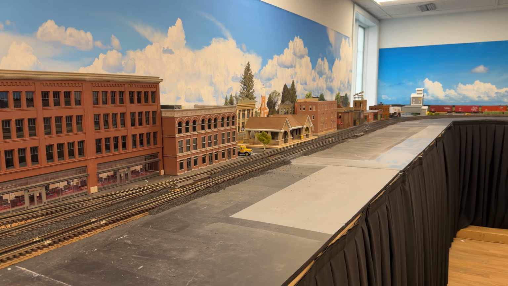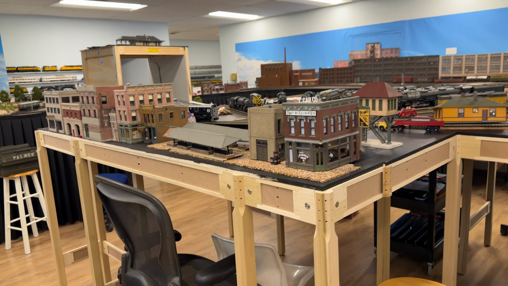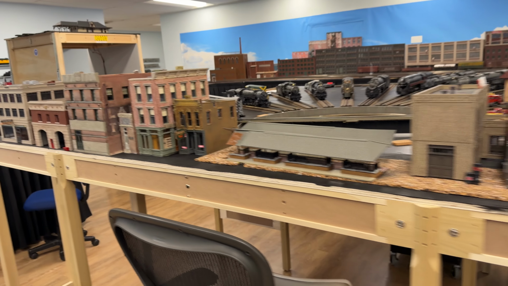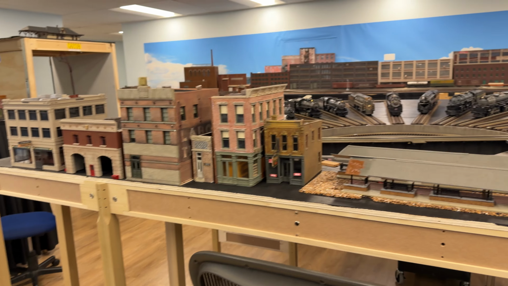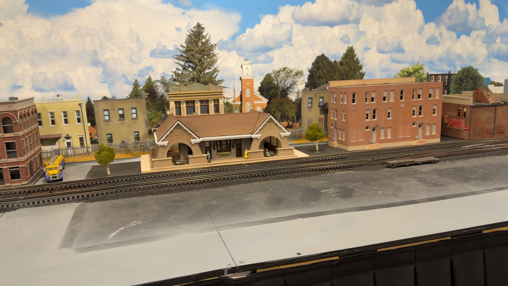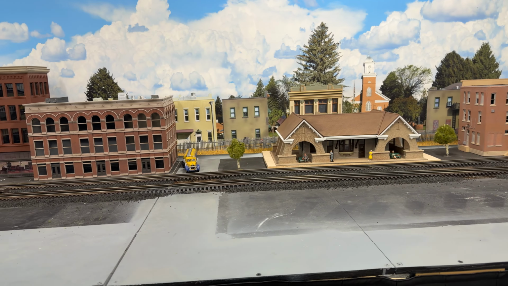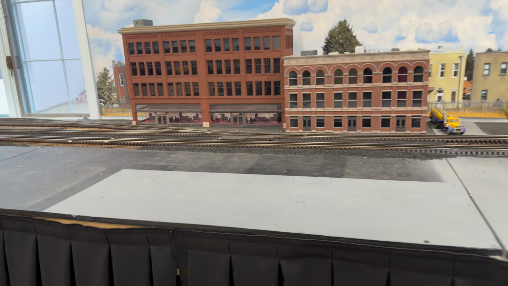So if you've seen videos of the bunker, we've got a project today. This is the new engine terminal, now loaded up with buildings from the suburb that we've called LaGrange and whatever else in the past. But we're trying to model a West Chicago suburb like LaGrange, where that station is. And we've found that with the layout design as it is,